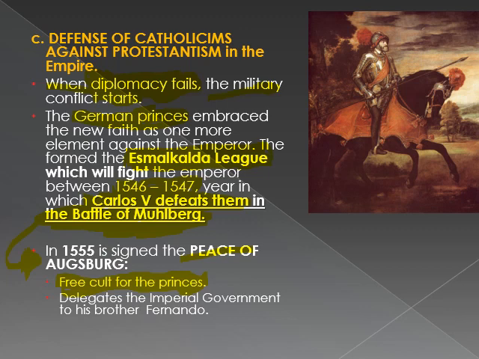And an example to show this feeling that he had regarding Protestantism as the great failure of his life as emperor is that he actually separated the Holy Roman Empire territories from the rest of his inheritance. He left the territories of the empire not to his son with the rest of the territories, but to his brother, the